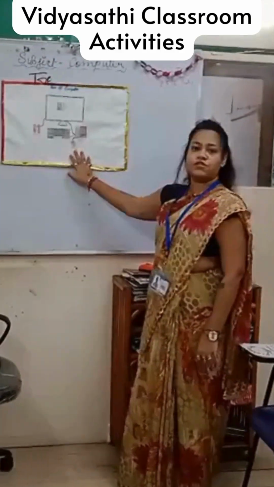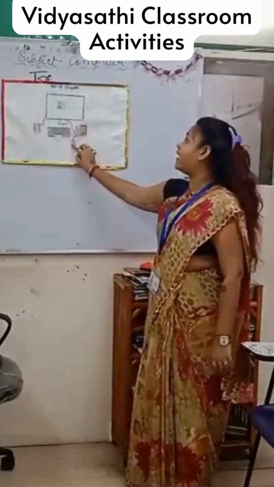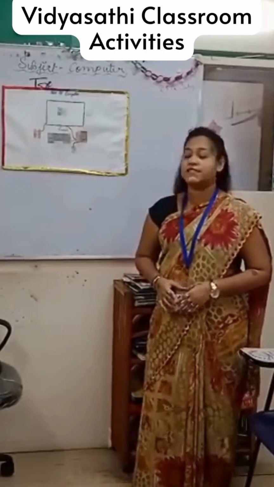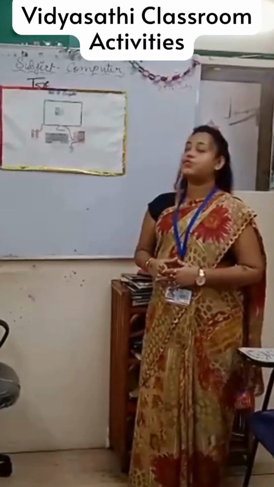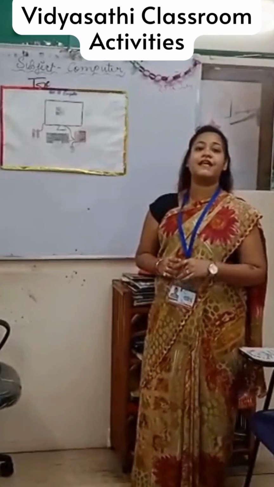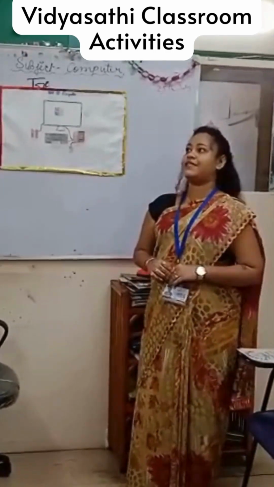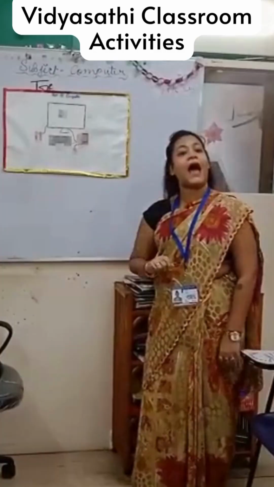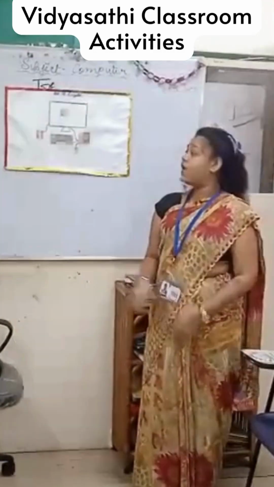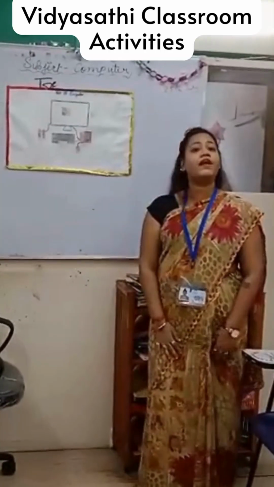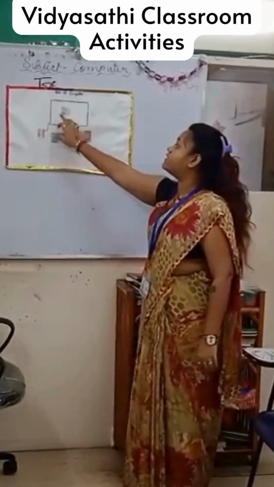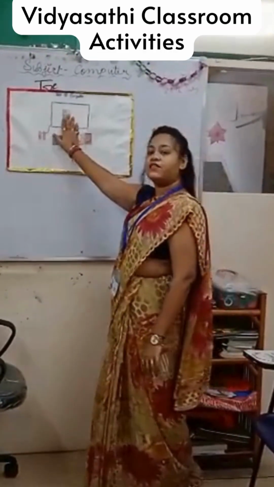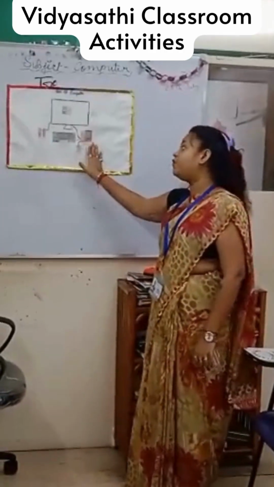Now we will come to the mouse. What is a mouse? This looks like an animal mouse, but it's a computer mouse, which we use to move the cursor on the screen. When we use the computer, we want to select any individual app, or any individual game we want to get into. So we have to go into that particular app. How will we go into that app? We have to use the mouse to move the cursor to that particular app we want to open. Now we have learned about the monitor, the keyboard, the CPU and the mouse.